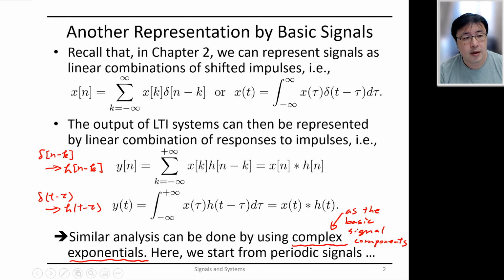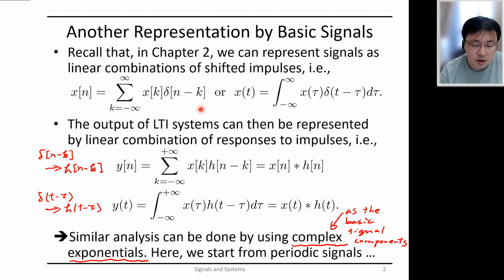So let me start by recalling what we talked about yesterday. Recall that in chapter 2, we showed that for both discrete and continuous time signals, you can always represent them